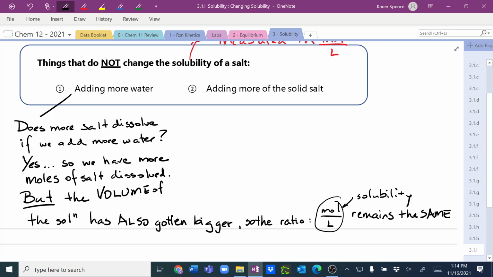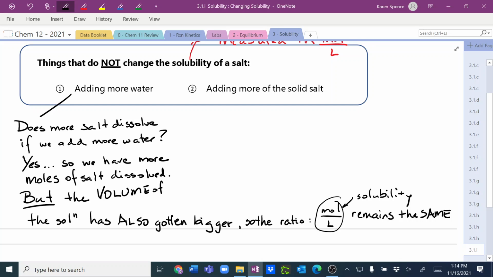Now, if I expand the hotel so it's a bigger hotel, but with the same floor plan, I can check in more guests, but I also have a bigger hotel. So the amount of guests per room is still the same. That's kind of like what this is here. It's not an awesome analogy, but it'll make a little more sense when we start talking about adding